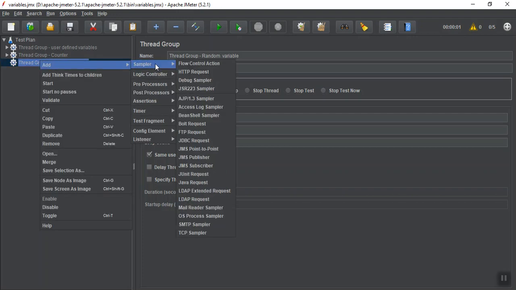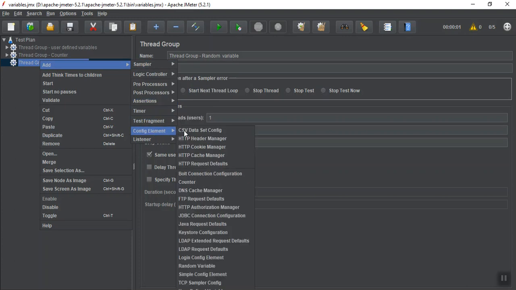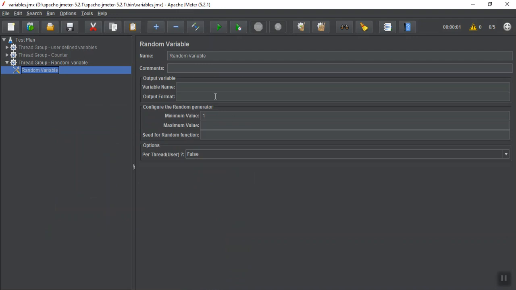Add a config element, random variable, where it is. So these are what it is asking: the variable name, output format, minimum value, maximum value, per user thread. Fine.